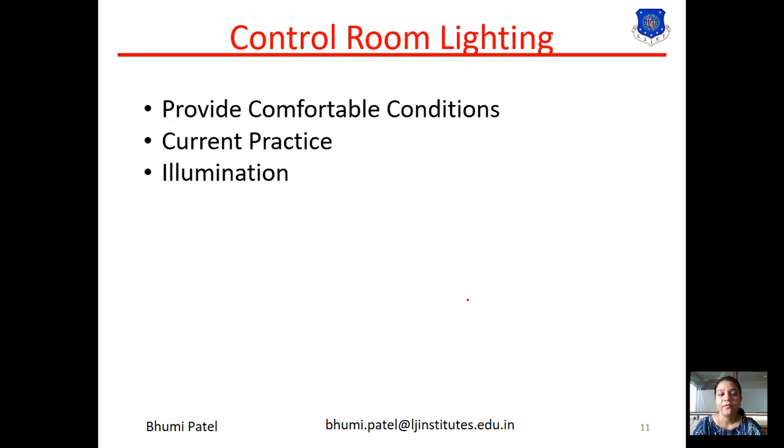Illumination of 30 to 40 foot-candles should be provided on the vertical surface of the control panel, between approximately 45 to 60 inches above the floor. Now the next one is the area behind the panel. It should be lighted to about 50 foot-candles. Some panel areas may require lower lighting